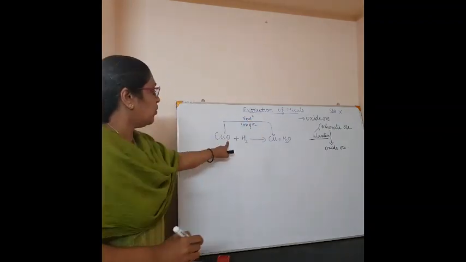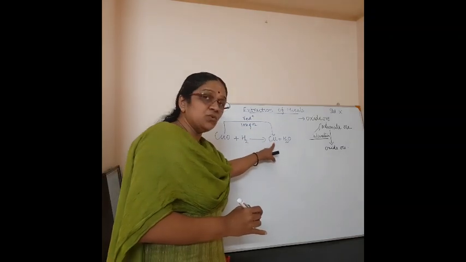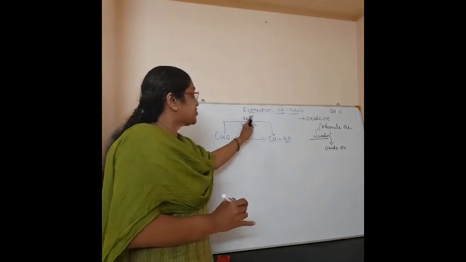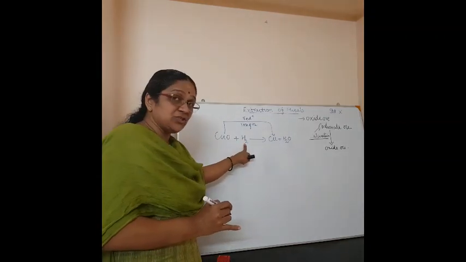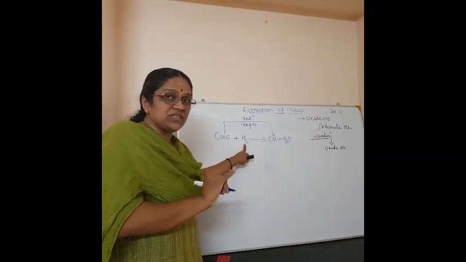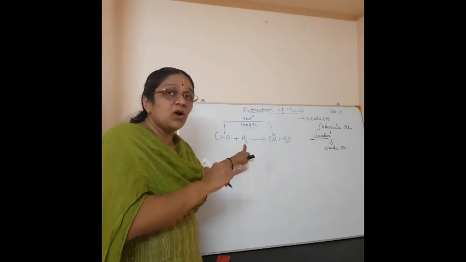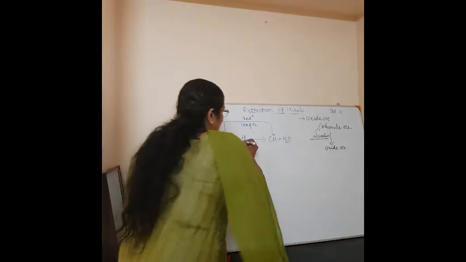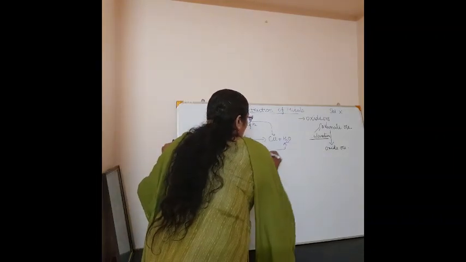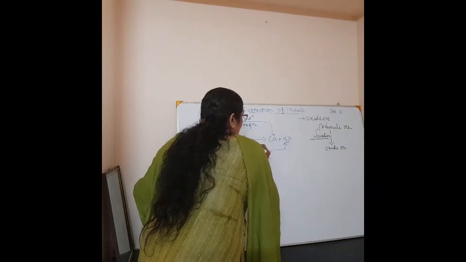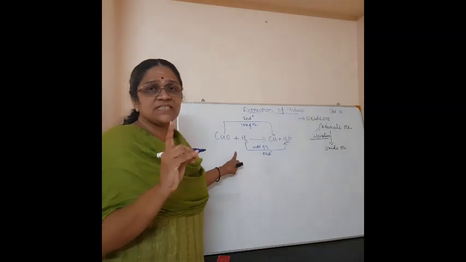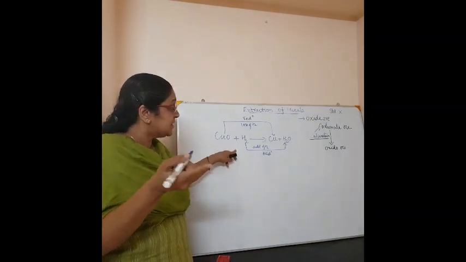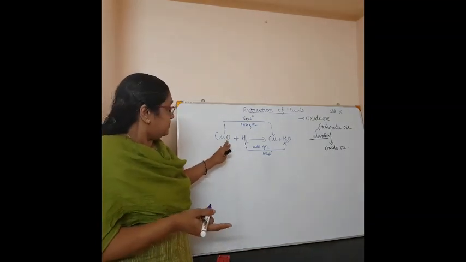See? CuO is being converted to Cu, which means there is a reduction happening here. Okay. Now what happens to H2? H2 is gaining oxygen. What is gaining oxygen? Oxidation. So here hydrogen is being oxidized, isn't it? Or adding of oxygen. You have studied this in the first chapter. Just once again I am recapping it. Okay. Now,